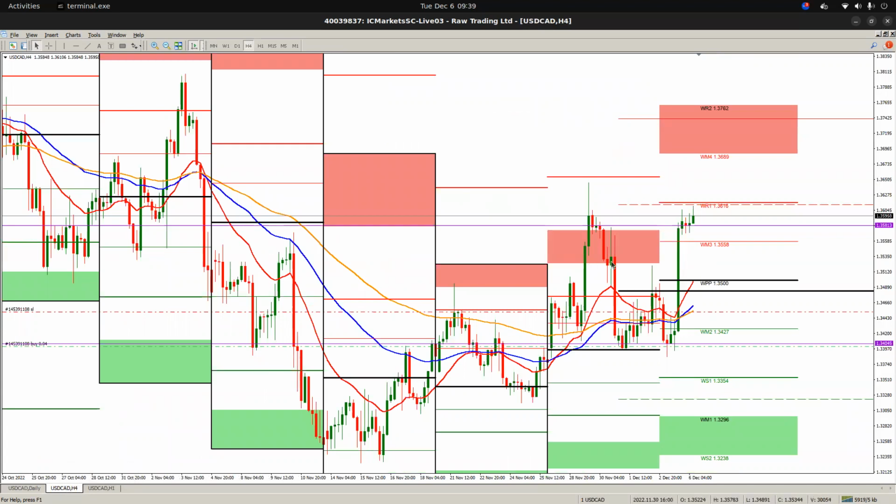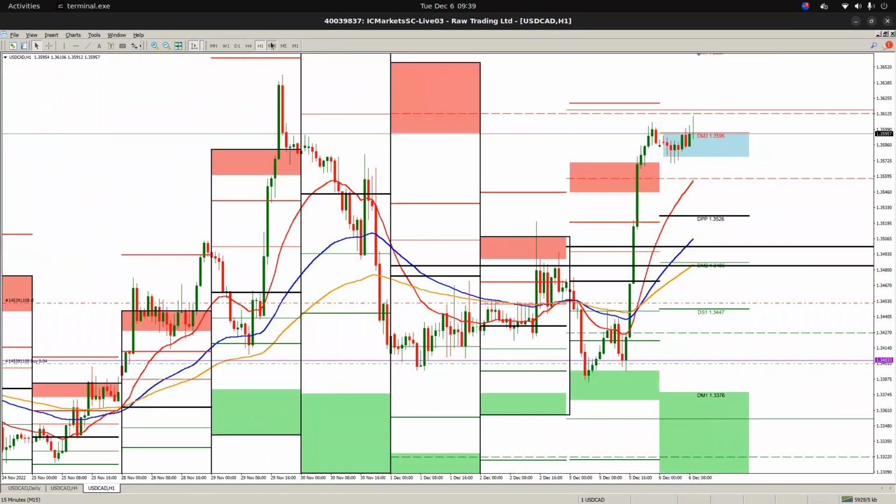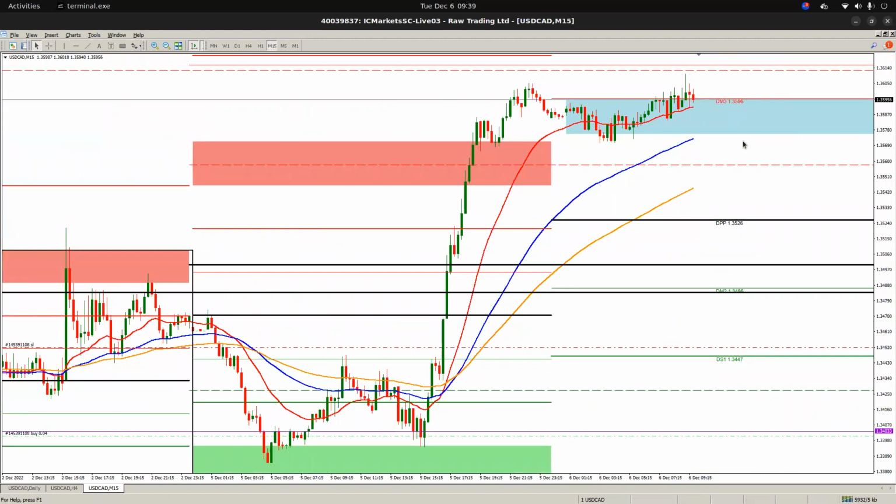Okay. But keep an eye. If you're in USD CAD, guys, you're looking for any indication of price making a lower low, pulling back for a lower high. That is death to this trade. Be disciplined in terms of when you're going to close it. And if that doesn't happen, then you have no reason to get out. Stay patient, stay disciplined, stay liquid.